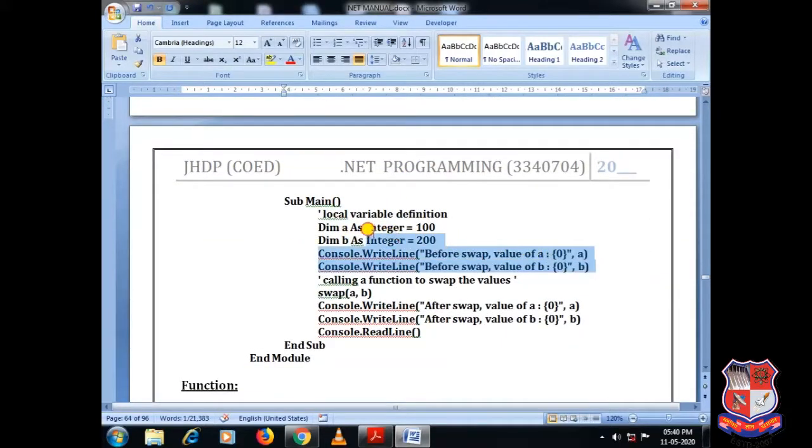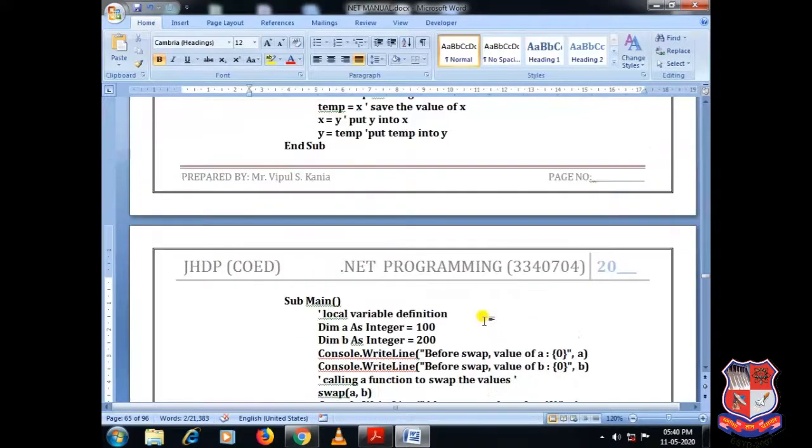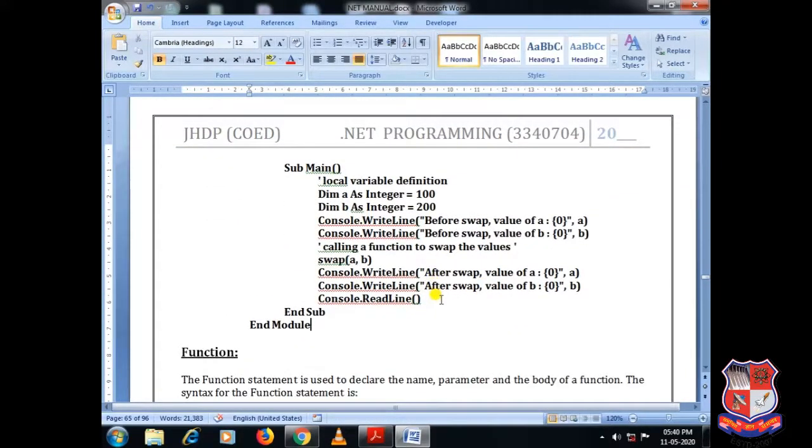Now, till this statement, the output will remain same. But after the calling of swap function, the value of a and b will get swapped with each other, because now I have processed the data through pass by reference. So whatever changes take place, they take place on the corresponding memory locations of a and b. That is the advantage of passing argument by reference. Okay, I hope now it is clear what is the meaning of pass by value and pass by reference.